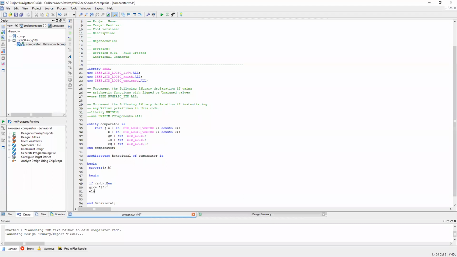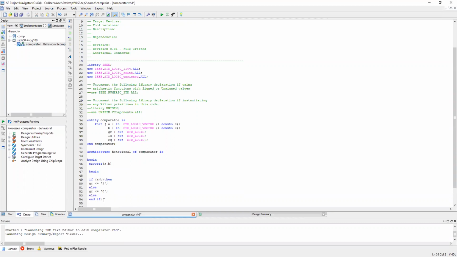Else, GR will receive value 0. This is the first if statement. This is the first.